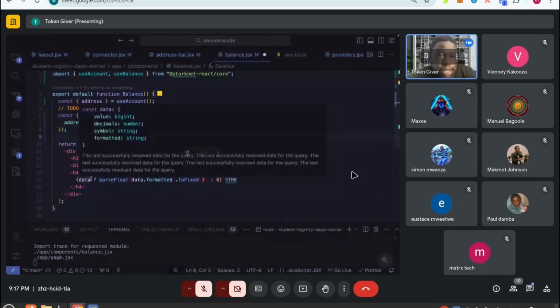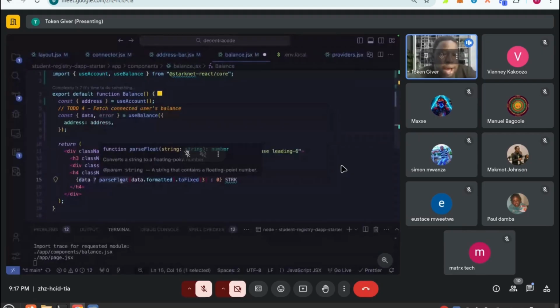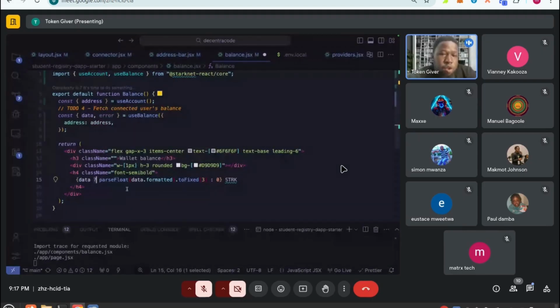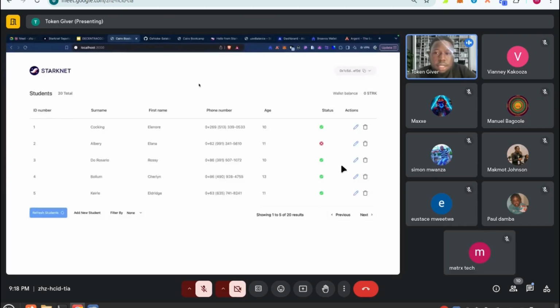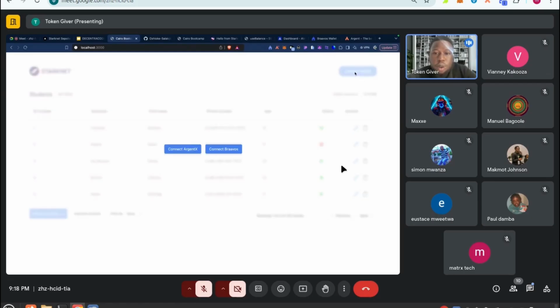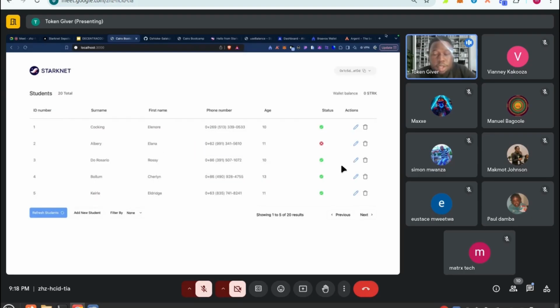If there's data, we want to parse the float because it comes as a string. So we parse the float, then we put it to 3 decimal places, or if there's no data, we put it as 0 Stark. If we save this and refresh, this hook, I've been having problems with this hook for a while. It doesn't work as intended. You see that it doesn't fetch the balance. But if we disconnect and connect again,